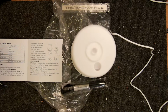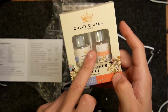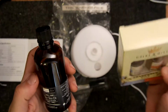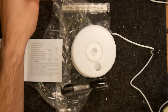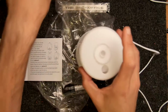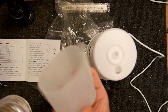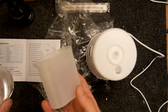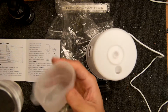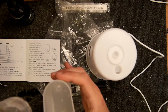Now I do have some scents. I have this peach and summer breeze that I happen to have in the house, and then some tea tree oil, which I use as sort of medicinal magic. So we'll have a go of those in a moment. Here's a measuring jug. I've got some water. I'm going to measure out 300ml, which is pretty much, this is 100ml, 150ml is the top of this, so let's go for 150ml. I have spilt it